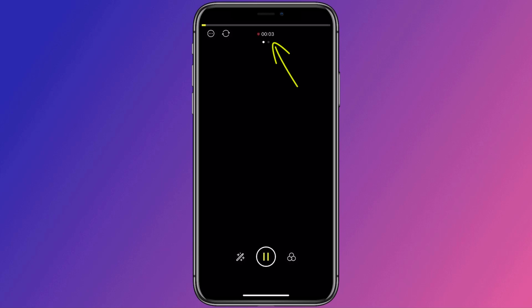Now go back to the main screen and you can see right here I am on live screen. But if I tap on video, it will go to the video feature. I made a previous video on Prism Live Studio where I show you how to live stream with this app and I go through the entire process, but for this video we will focus on video. So tap back on video. Here is the record button. If you tap on it, it will start recording. When you want to stop it, simply tap on stop.